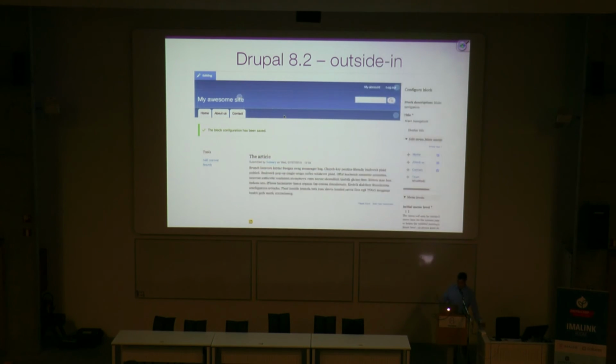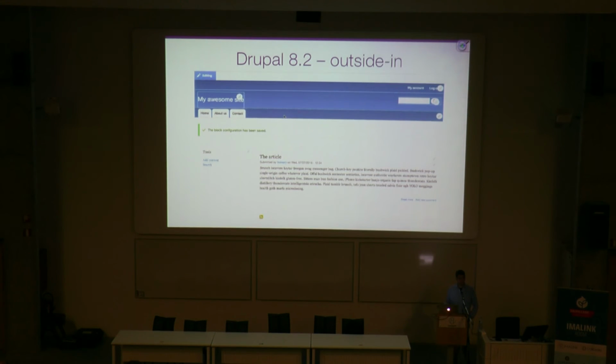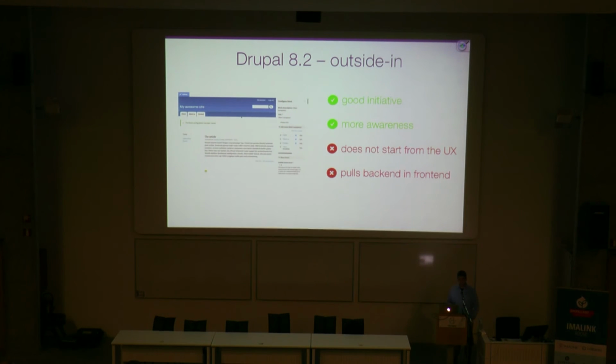And it actually pulls out a drawer from the right-hand side, and it shows the interface to manage the menu in Drupal. And you can save, and then it's immediately edited. That's great. It's a really good initiative, and we're really glad that there is more attention to usability and user experience as a whole in Drupal. It will raise more awareness for these issues